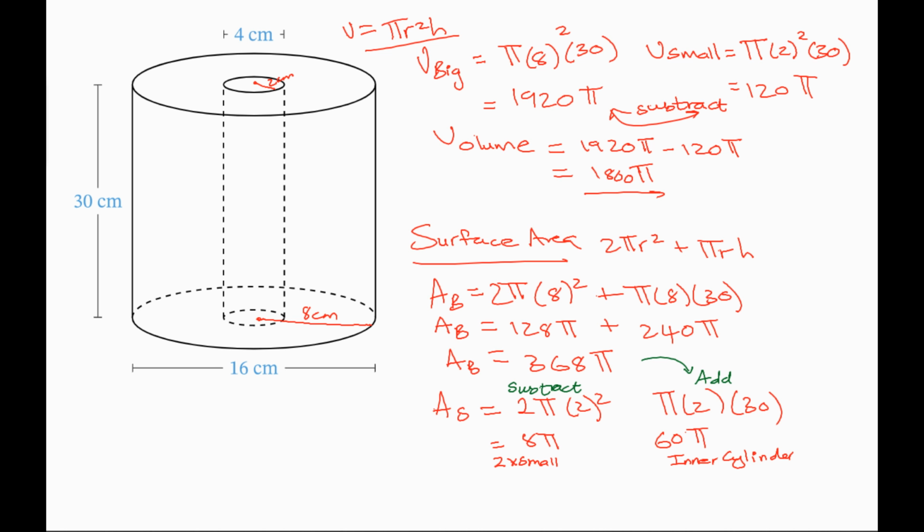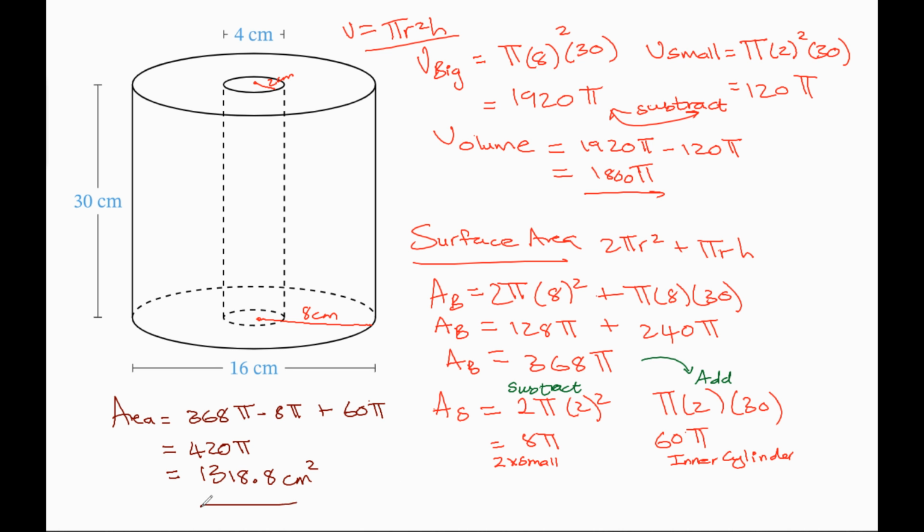So therefore, my final answer is actually going to be looking more like this. So the area is going to be given by 368 pi minus 8 pi, subtracting that, plus 60 pi. Minus 8 is 360, 360 plus 60 is 420, so 420 pi. Put that on the calculator. I'm going to go with 3.14 again. 420 times 3.14 will come to 1,318.8